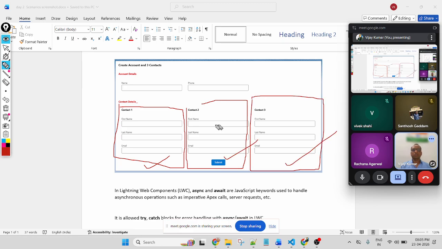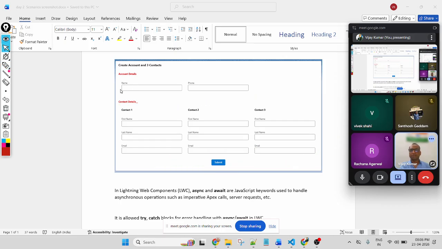Once you click on the button, which is common for every record, I will first create the account record. Then I will get the newly created account record ID and pass it inside the contacts. So we will create an account along with a list of contacts, and the newly created contacts will automatically be linked to the account.